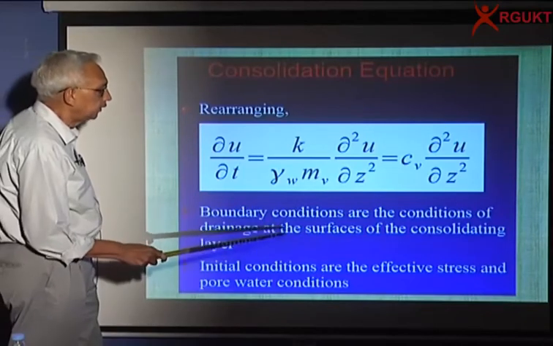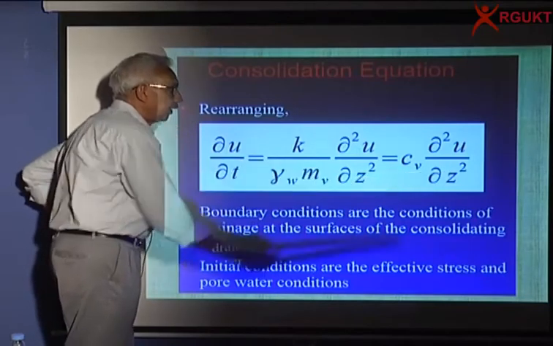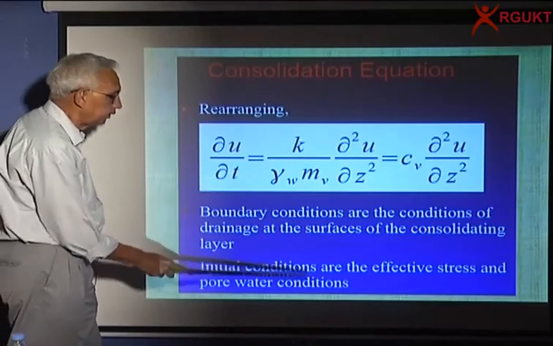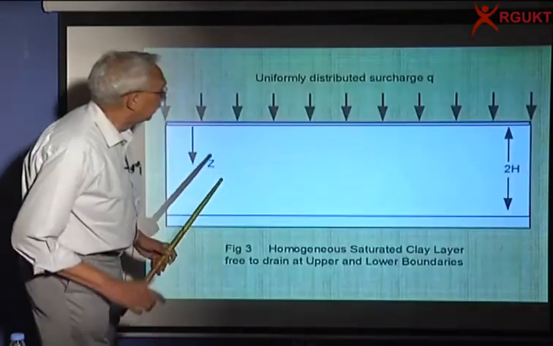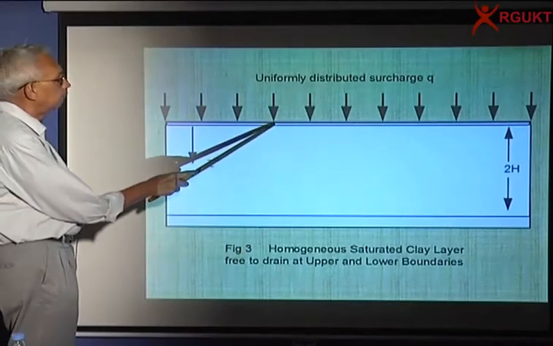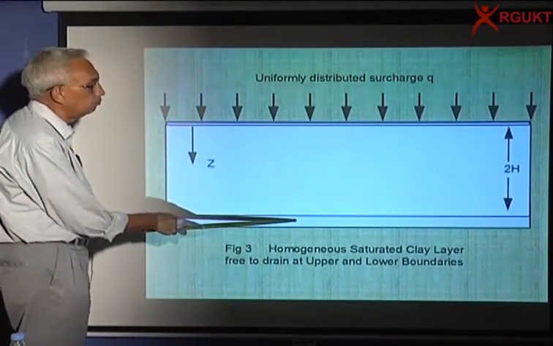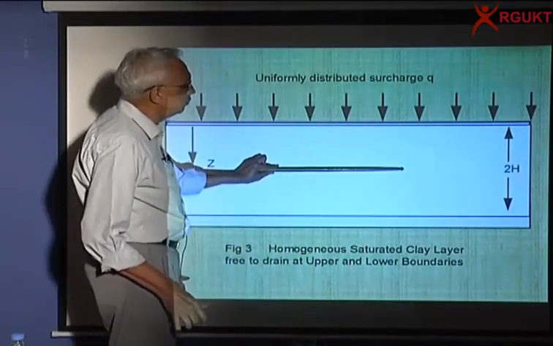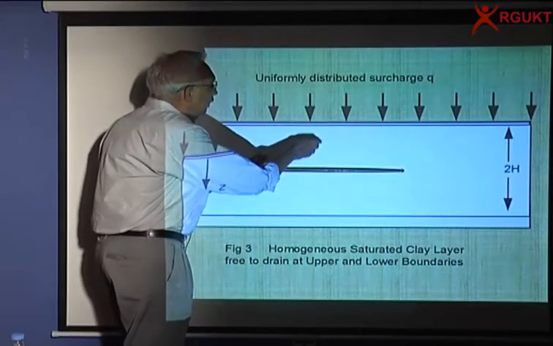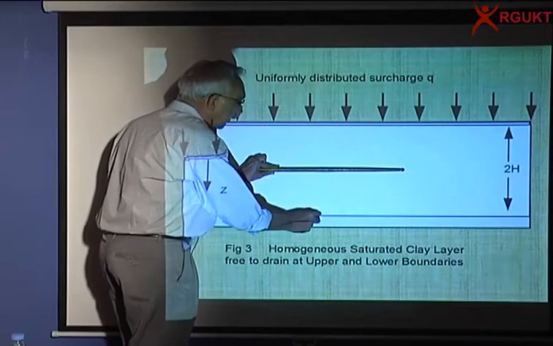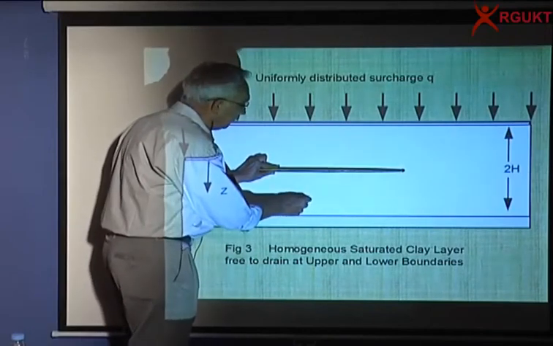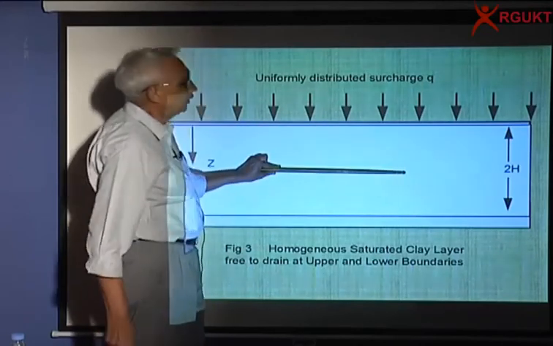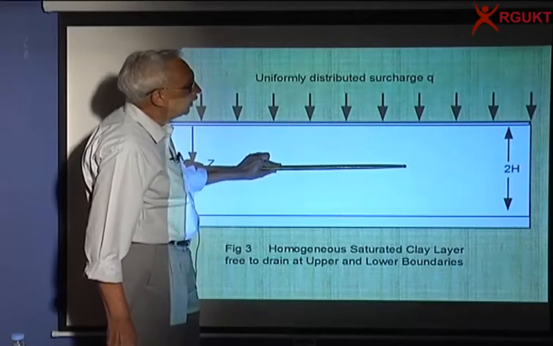In order to solve this, you need two boundary conditions because there is a second derivative with respect to z. And because there is a derivative with respect to time t, you need one initial condition. So if I have a soil layer with pervious top and pervious bottom, I say the thickness is equal to 2H, and you can see that if this is the mid plane, water molecule from here can go to the top and the water molecule from here can go to the bottom. You do not expect water molecule from here to go to the top because the length is so high. It will always go this way. So this is the mid plane, and so the maximum drainage path in this case is